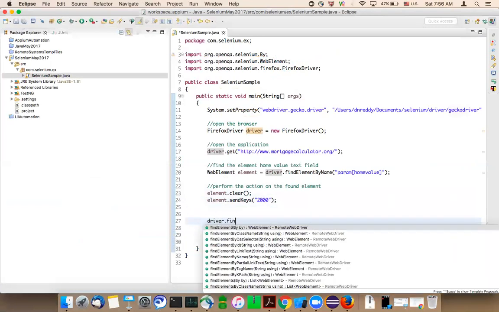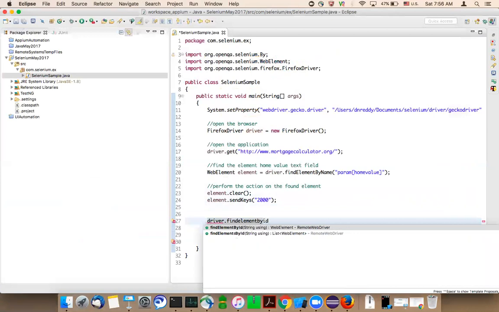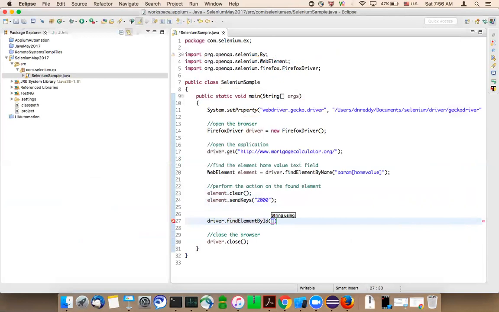driver.findElement(By.id(...)). This is one approach where you will get the web element. You can call it the loan amount element.